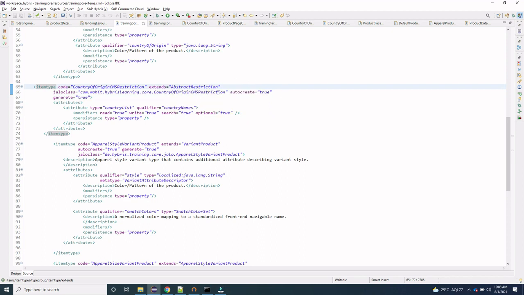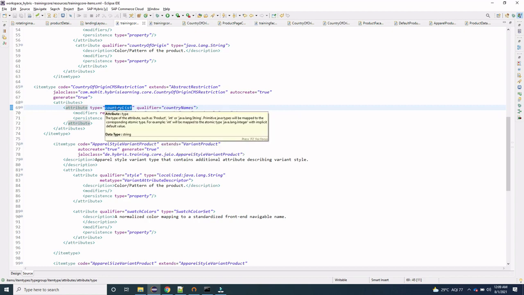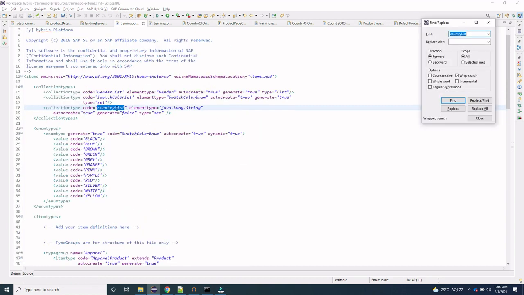And here we have defined our Jalo class. In the attributes we have defined the country list. The attribute qualifier is country name and it is of type country list. So we have created a collection by this name, country list. If I show you, here we have created a collection type of type string, which is taking a string and it is of type set.